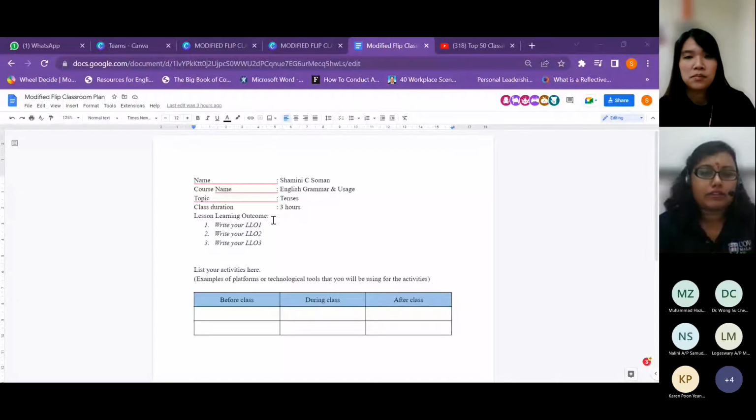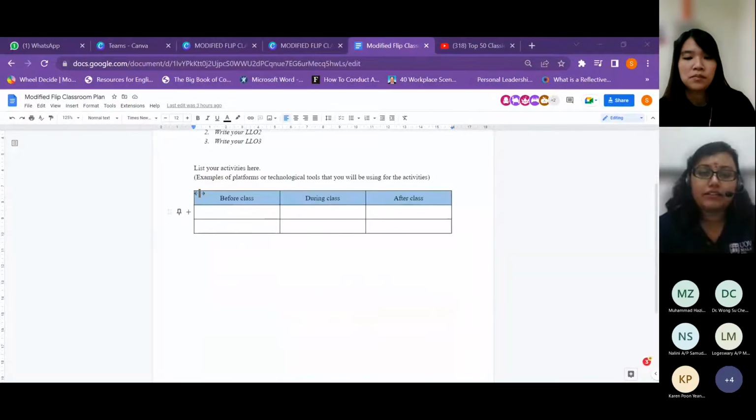And then write your lesson learning outcome. If you can't write three, you can just maintain at one or two. What is the outcome that you want the students to achieve? And then here you list the activities. When you list your activities, it will be very good if you could share with us the platform or some technological tools that you will be using for those activities.